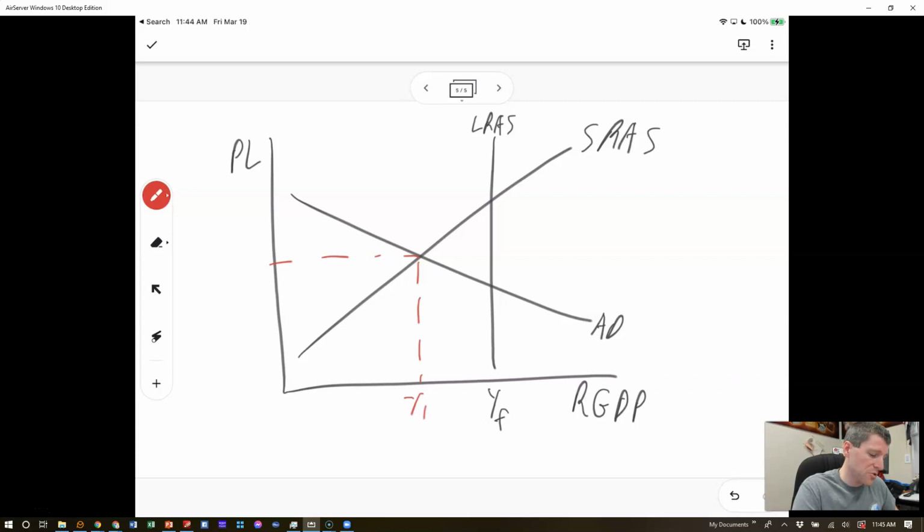So let's say this is where we are at the moment, in a recession. It's supposed to be a Y. Make that a little better. All right. Now, what do we want to do? Well, we don't want it to be there. If we're going to do